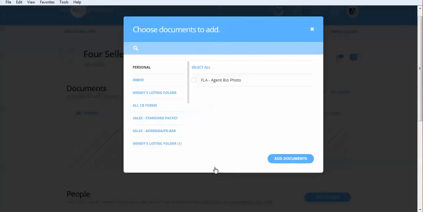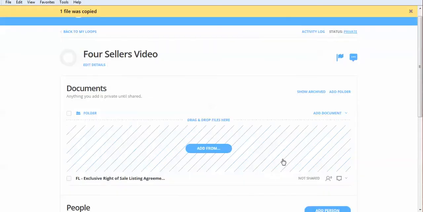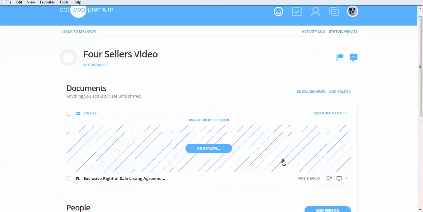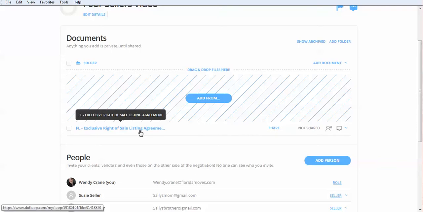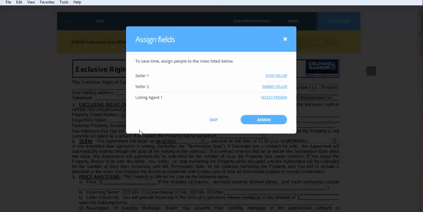I'm going to go ahead and work from my templates. We're going to have a short video on creating templates that will save you a lot of time. But today for 4 signatures, what we're going to do is we're going to go ahead and open up this document. I'm working with the listing agreement because it's a short document, but this works on every document inside of dotloop. When I get to assign fields, I'm actually going to skip this part because as you can see, there